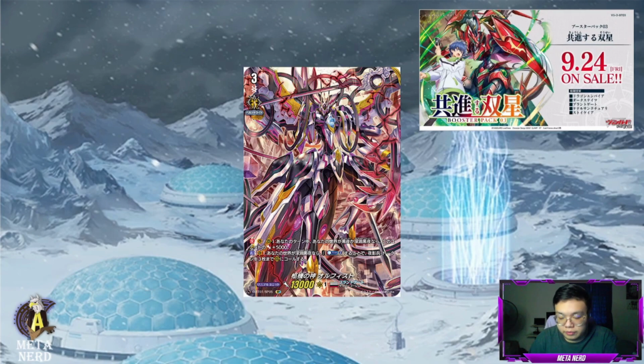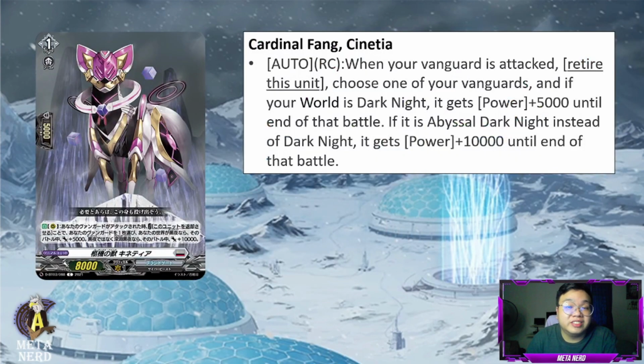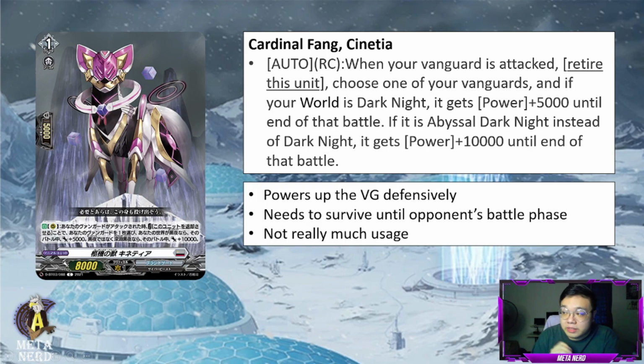Let's get started. First card we have Cardinal Fang Cinetia. Auto Rigor Circle. When your Vanguard is attacked, retire this unit. Choose one of your Vanguards, and if your world is Dark Knight, it gets 5k power until the end of that battle. If it is Abyssal Dark Knight instead of Dark Knight, it gets 10k power until the end of that battle. Now this is basically a defensive unit where if your Vanguard is attacked by your opponent, he is